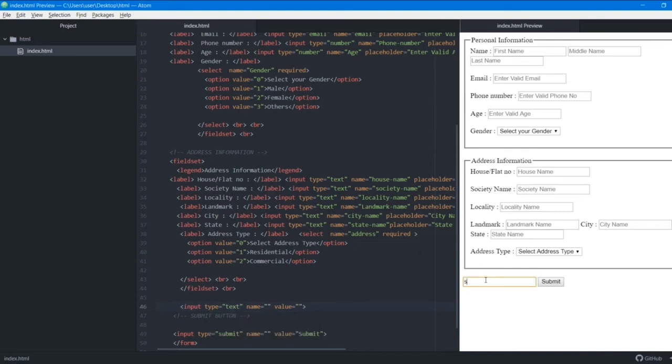If I enter my own name, you can see that it is visible to me. But as soon as I use password as my type, I'll write my own name again, and instead of my name you can see dots have appeared. So it's great if you want to take a username and password from the user.